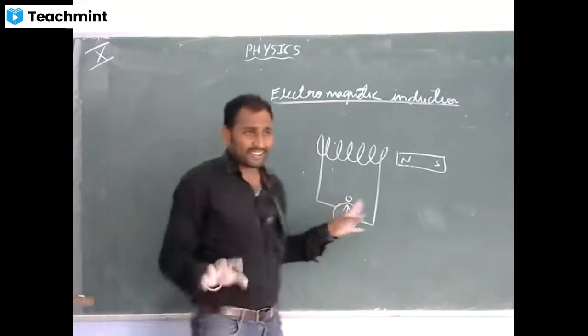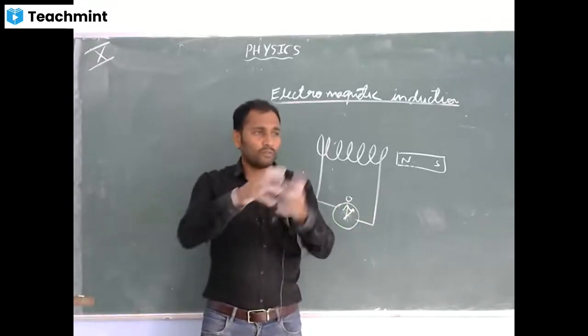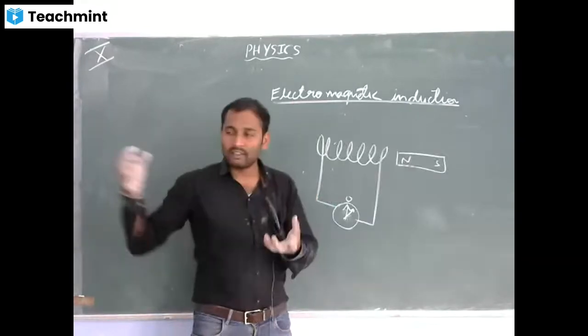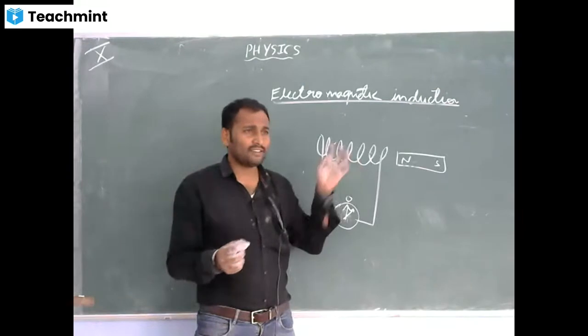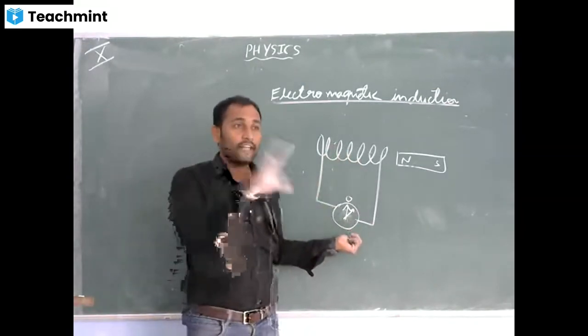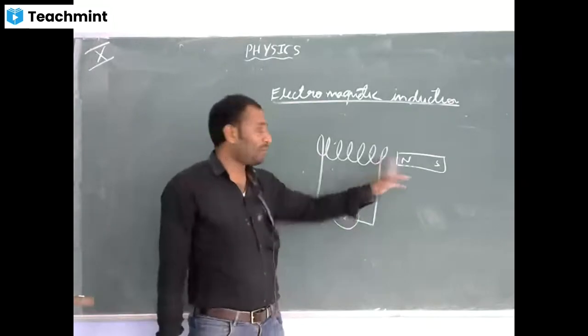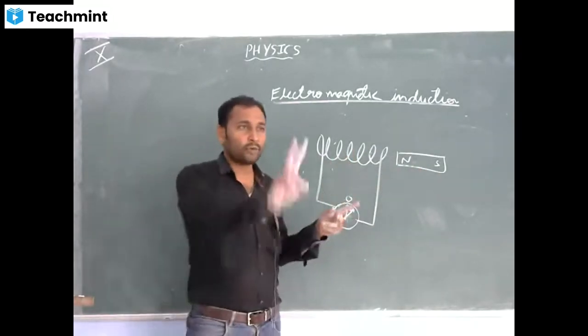Okay, what Faraday did was take an insulated copper wire and wind it on a cylindrical cardboard, and then connect it to a galvanometer. He inserted a magnet in the coil, and the galvanometer started showing deflection. Then he got to know that with the help of a magnet he can induce electric current. Then he gave two laws.